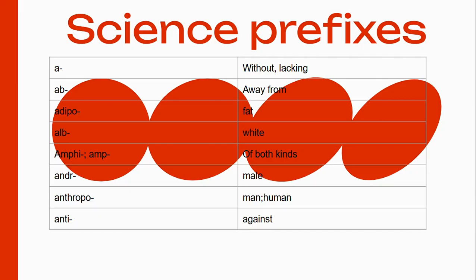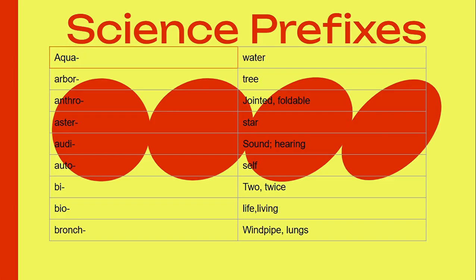Next, we have ab, which is away from. Adipo for fat, so you can think of adipose tissue, which is the fat tissue in one's body. Next we have alb for white, amphi or amp for of both kinds, ander for male, anthropo for man or human, and anti for against. Aqua would be for water, arbor for tree, arthro for jointed or foldable, aster for star, audi for sound, auto